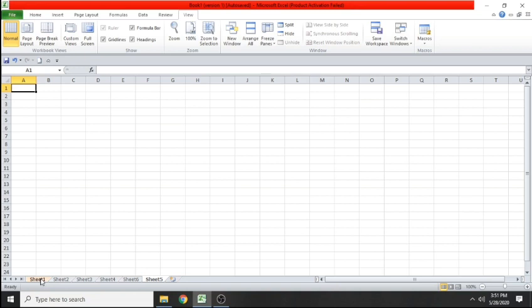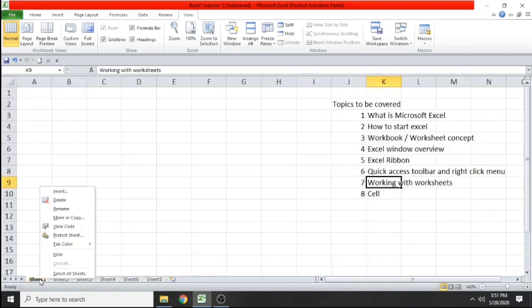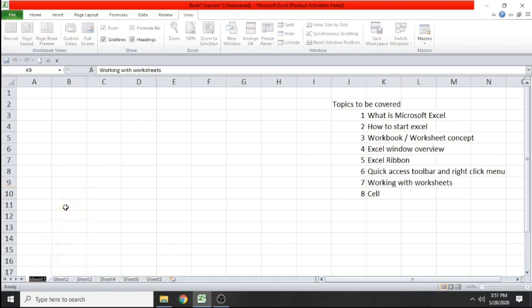You can also use right mouse button over here. Suppose I am keeping my mouse pointer on sheet 1 and I am right clicking the mouse button. Then you can see all these options are there. I can insert new worksheet, I can delete this worksheet, I can rename this worksheet, or else I can hide this worksheet as well. Let's rename this worksheet. I am clicking on it. Sheet 1. I am just giving the name as first video. So this is the name of my worksheet. So you all can see I have renamed it just by pressing right mouse button. This was working with worksheets.